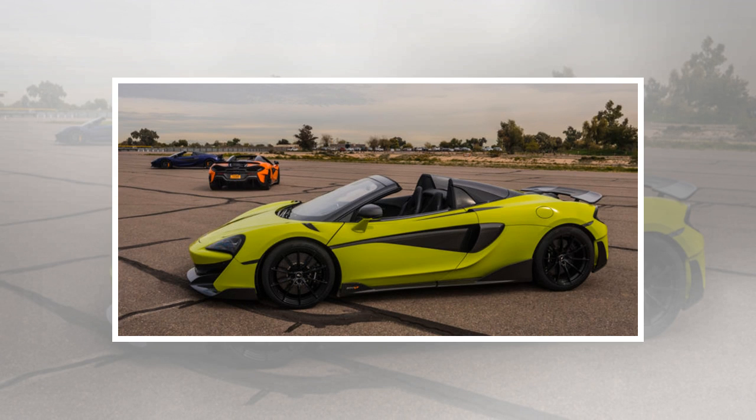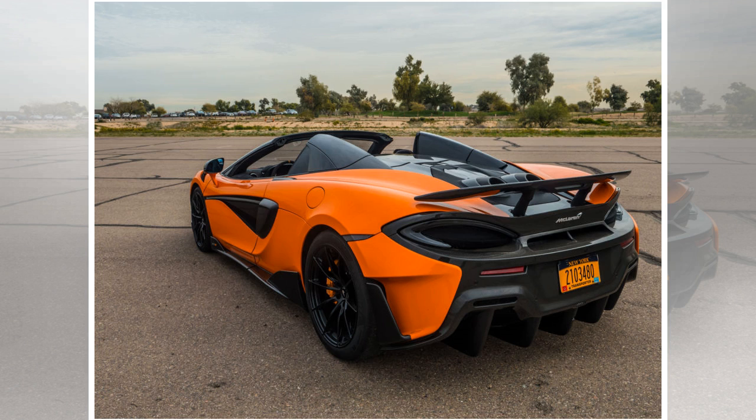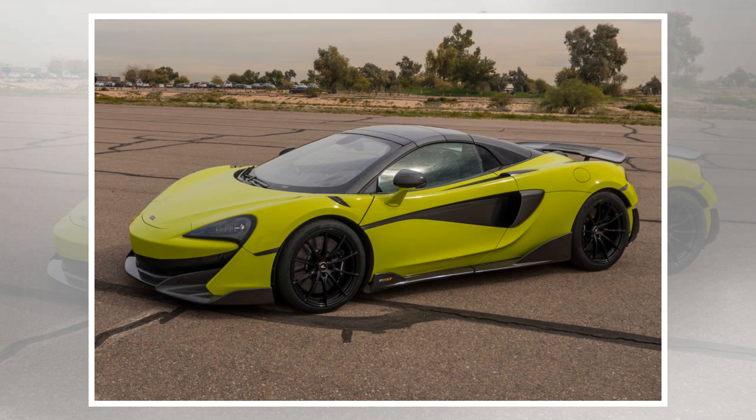The success of the 675LTs, both Coupe and Spider, did not go unnoticed at McLaren's futuristic HQ in the British town of Woking. If more aero, more power, and less weight could inject some much-needed drama into McLaren's Super Series cars, why not use the same approach on the company's Sports Series cars, the entry point to its carbon fiber supercars? As the 650S begat the 675LT, so the 570S evolved into the 600LT, debuting as a hardtop last summer and